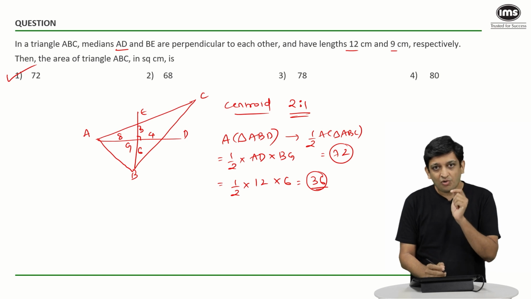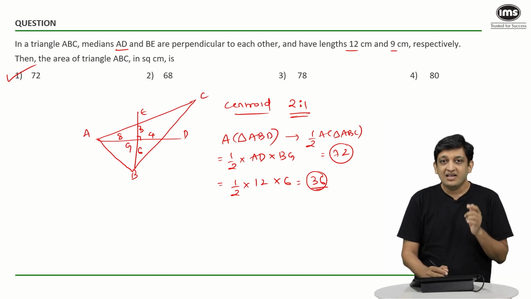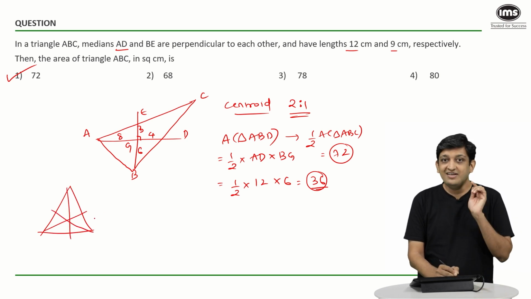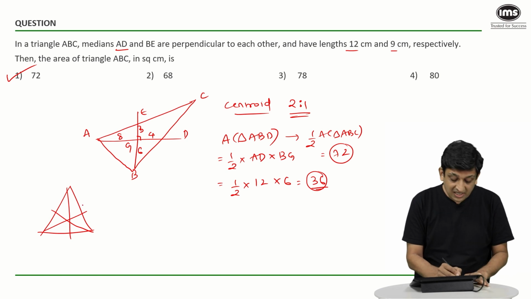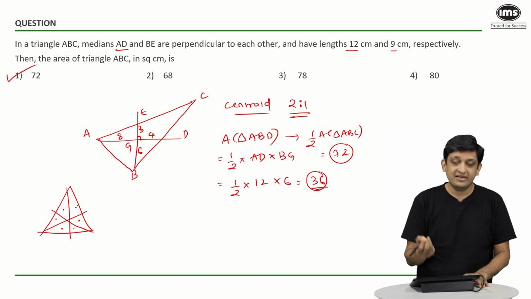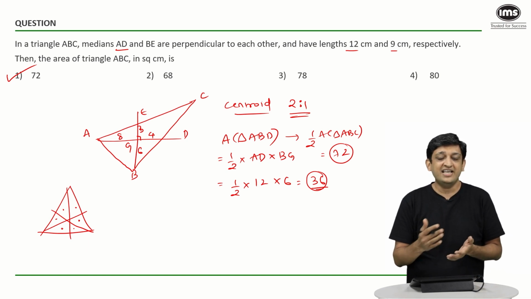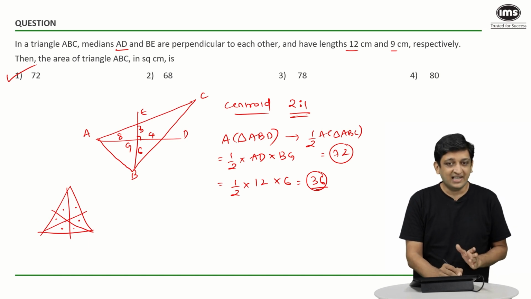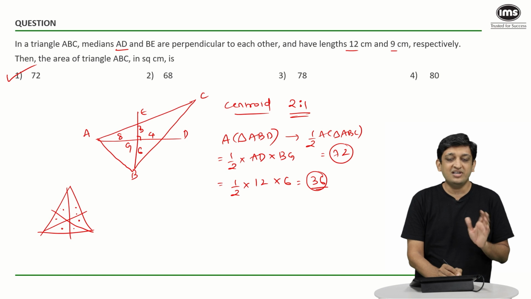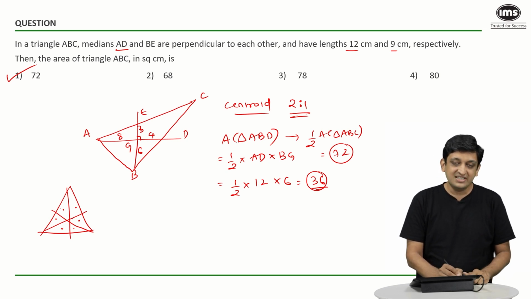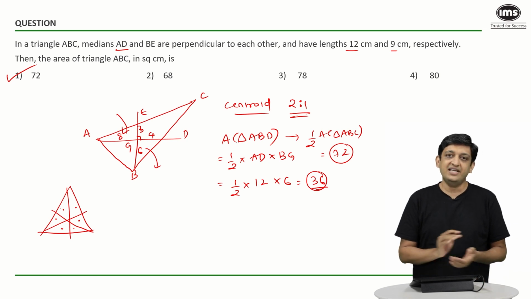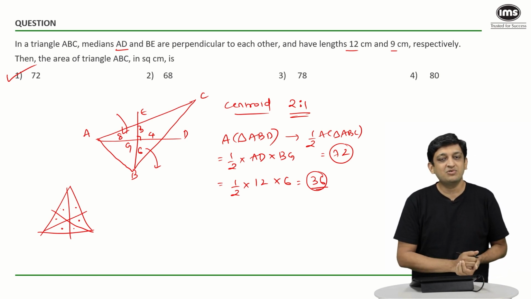We can also use this small identity wherein all three medians, when they intersect inside a particular triangle like this, divide the larger triangle into 6 smaller triangles that I have highlighted here, each of which will have an area equal to every other smaller triangle. In other words, if I draw 3 medians inside a triangle, all these 6 smaller triangles will have equal areas. So we can also use this fact to figure out the area of the larger triangle. We can either find the area of triangle AGE or the area of triangle BGD and multiply it by 6 to get our answer.